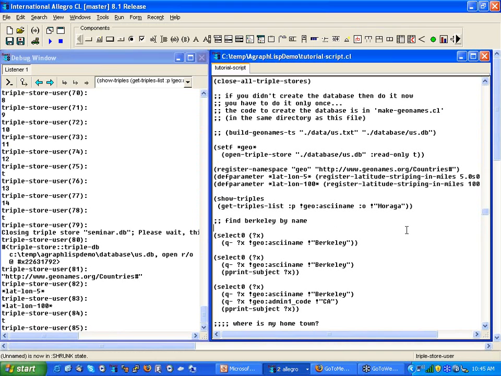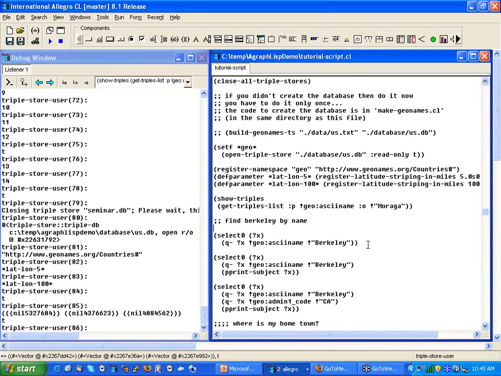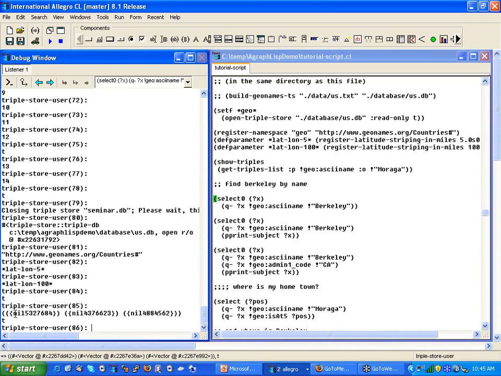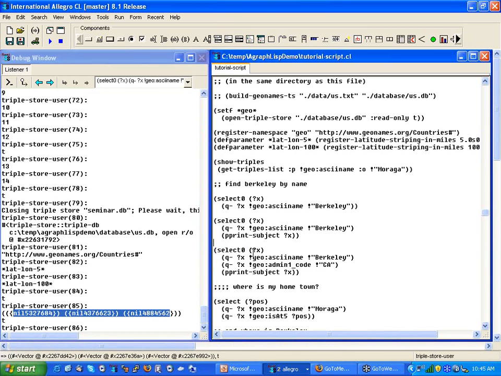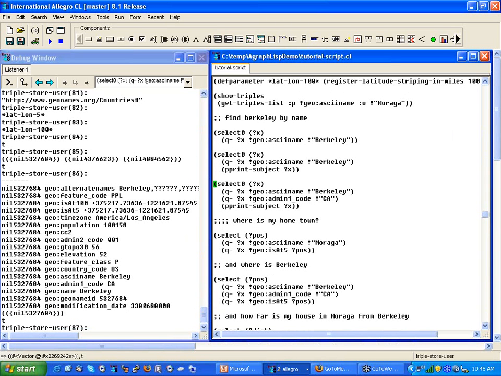So then I can select places. I can say, okay, find every X that has the ASCII name Berkeley. And you see here on the left 3 places, because Berkeley actually happens 3 times. So let's find only the Berkeley that has the administration code CA. You have to read it like this: find every X where X is the ASCII name Berkeley and X is the admin code California, and then print the subject. So now we find all the triples